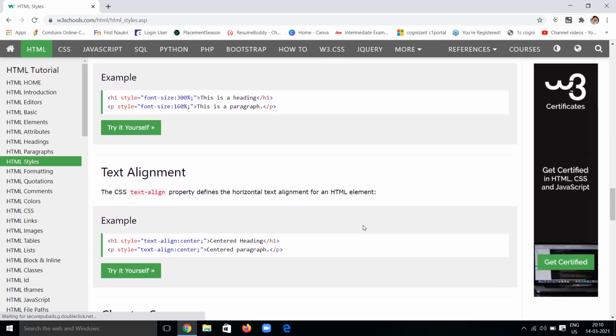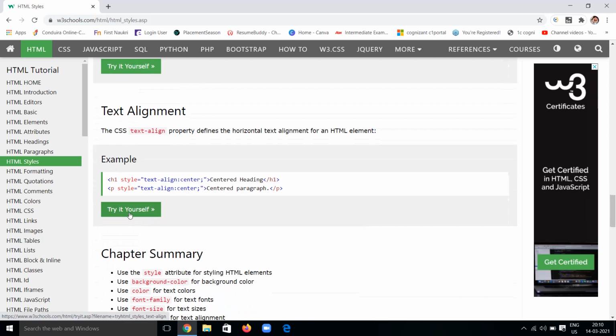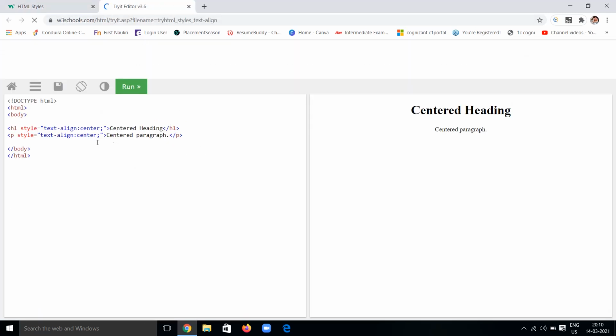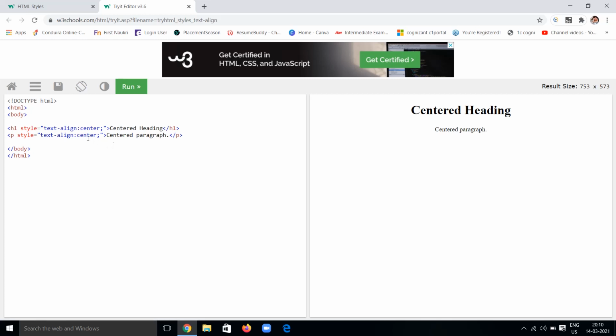And text align. Text align is a property where the text will be centered or right. You can give it as right, then it will be displayed at the right side corner, and we can give left also.